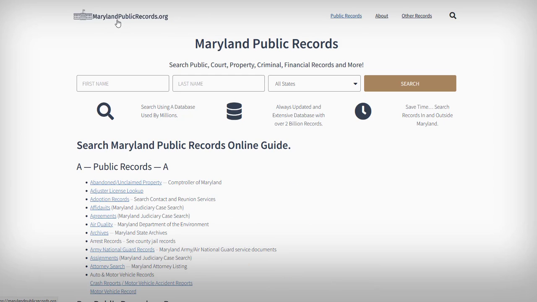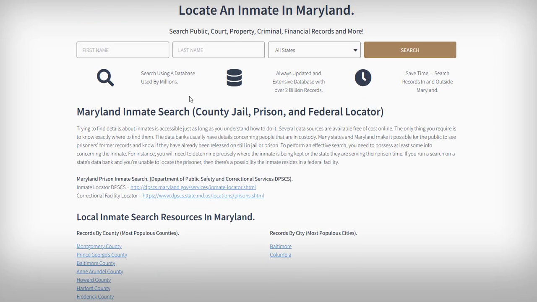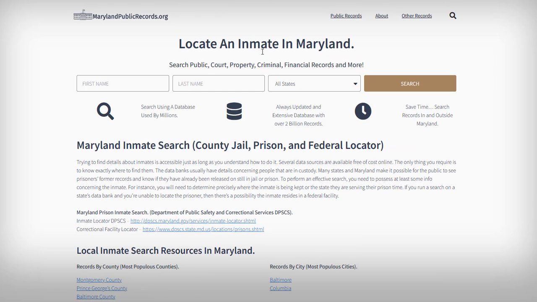You can also type marylandpublicrecords.org in your browser, and it's going to take you to the home page. If you hover over other records, it's going to give you an option that you can click on inmate search. So if you click on that, it's going to take you to the main inmate resource page for the state